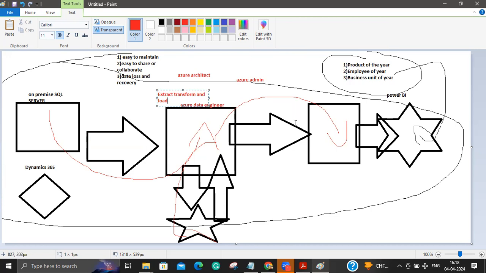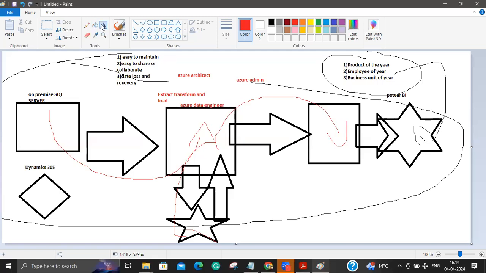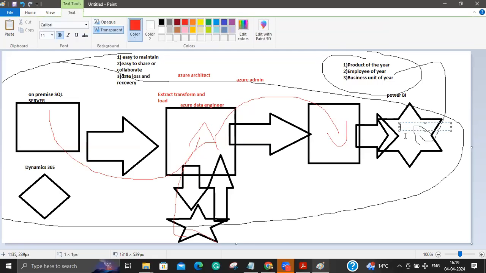So as an Azure data engineer, your job is not to create resources, not to bother about networking, security, authentication, and all of that, right? Your job is mainly related to how you extract the data, how you transform the data, and how you give that to a data analyst or a data scientist for further dashboarding or preparation, right? Here, your job is not to work on Power BI as well. A data analyst will come and try to make dashboards, try to present the data for you. And then what data scientists will do,